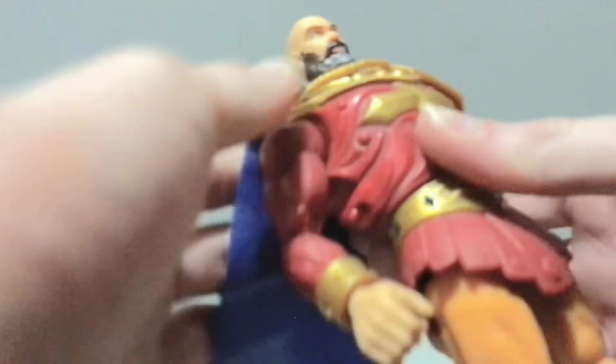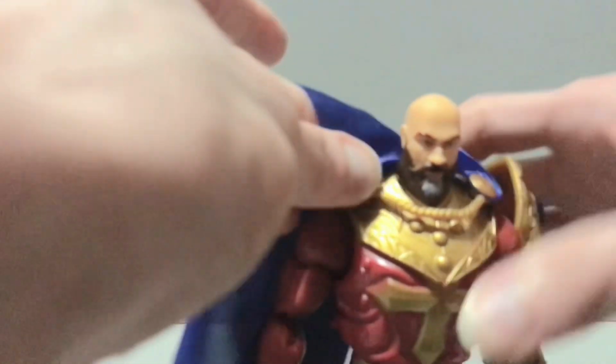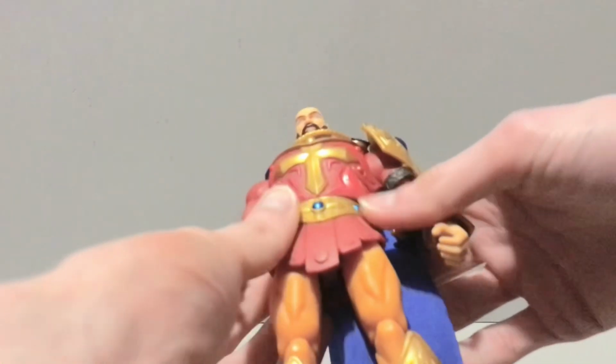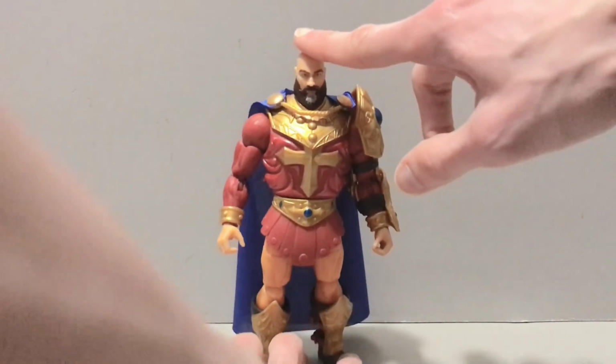Cape's a nice material. It's not the best material ever, but it's not the weird felty stuff we saw at the beginning of this line. And it's not the crinkly capes McFarlane uses for all their Batmans, so that is a plus. I will say, I would have liked a scabbard or something for his sword. That would have been pretty cool, but at any rate, that is Randor in a nutshell, so why don't we